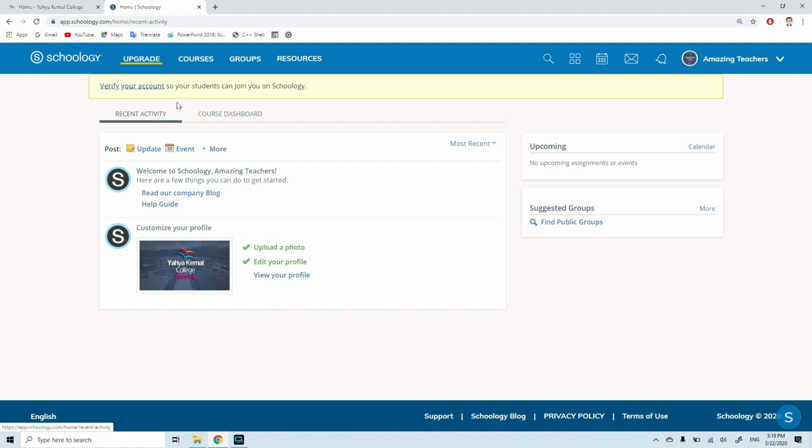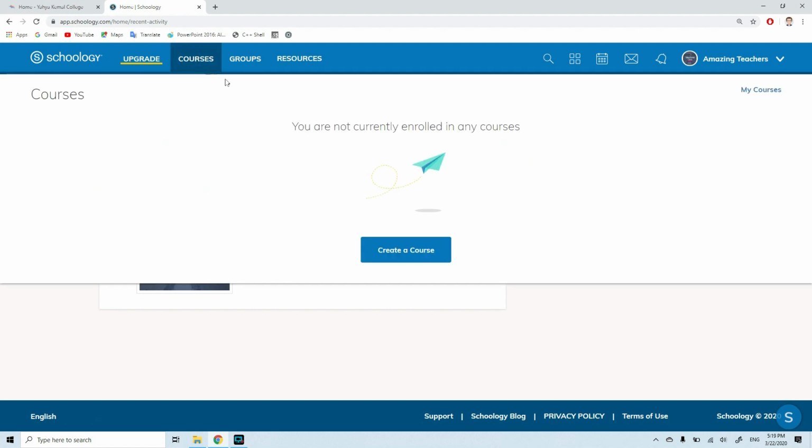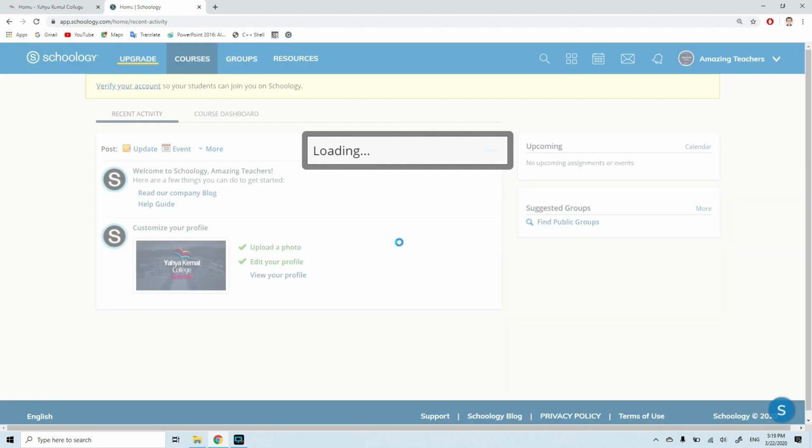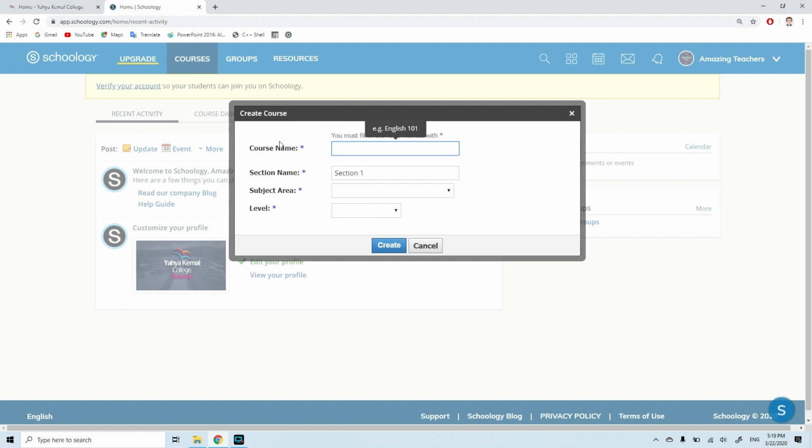And now we're gonna go to courses, and when you click on the courses, you're gonna have a drop down menu, and from here we have to click on create a course, and it will open up another dialog box where we're gonna write the details about the course. Let's say I'm gonna teach a mathematics class. For that reason I will write there maths. I'll write the class name here, let's say 2A,